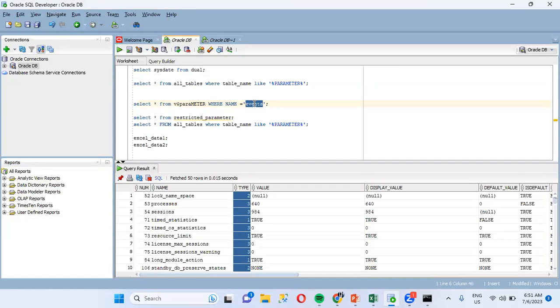I know I need to pass events. If I don't know what to pass over here, and I have some other table which will give me events as an input,